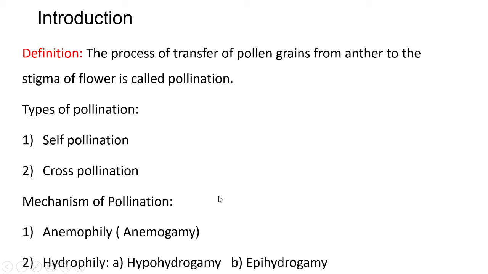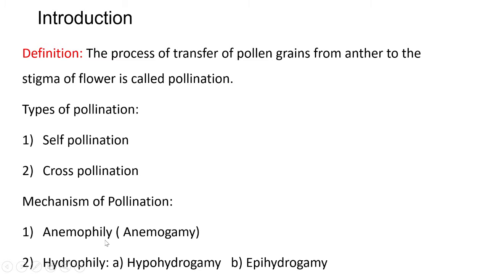The first type of the mechanism of pollination is called anemophily. It is also called anemogamy. Wind is the common mechanism of pollination used to transfer pollen to the long distances. Pollination with the help of wind is called anemophily or anemogamy. Plants that are pollinated by wind are often found in large populations as these increase the chances of pollen grain to be deposited on flower of the same species.